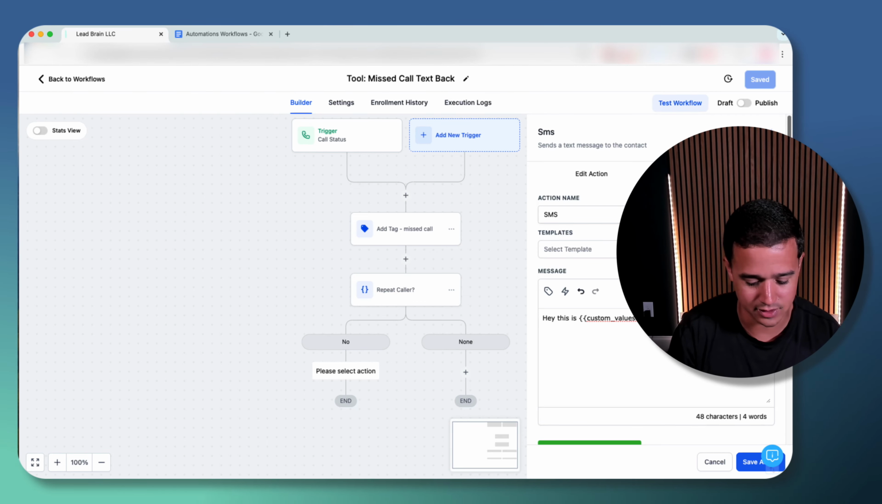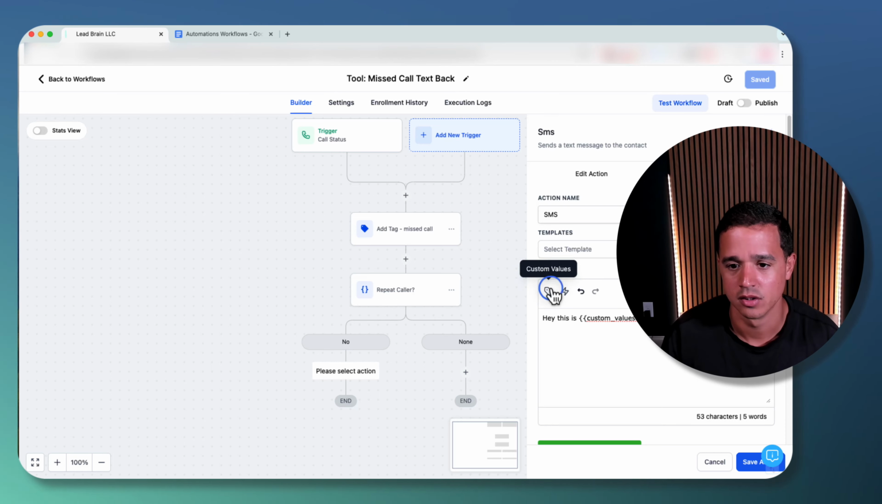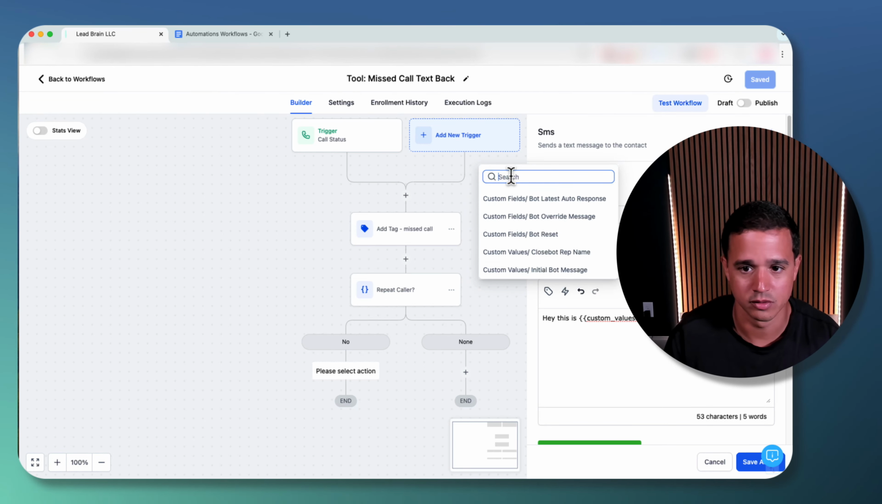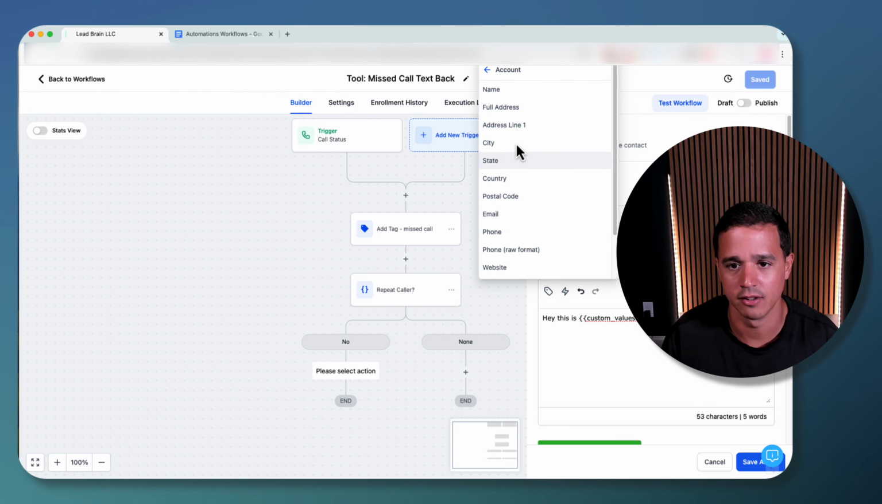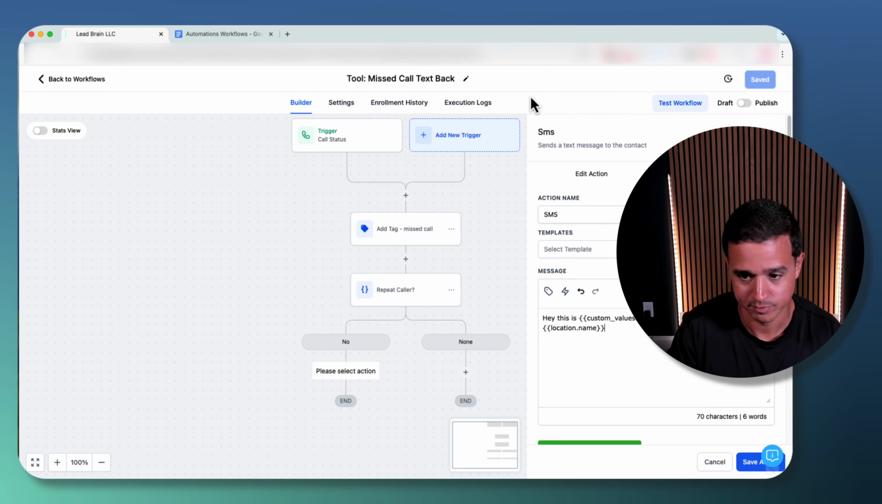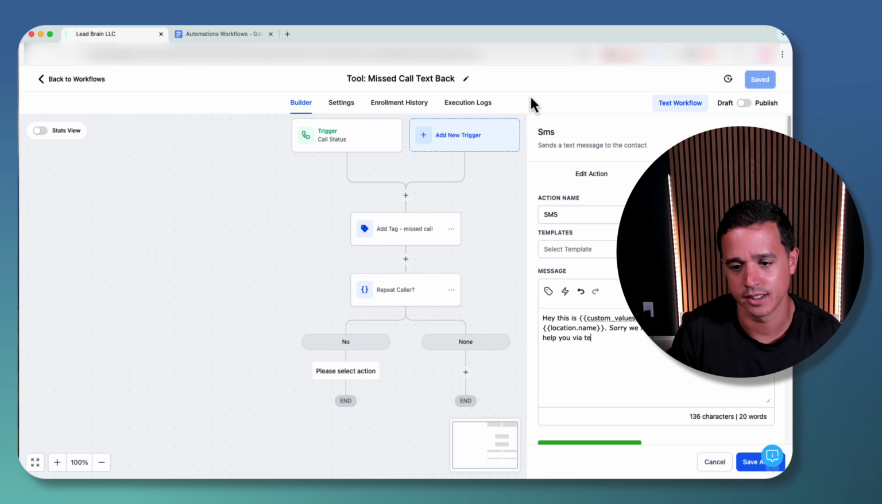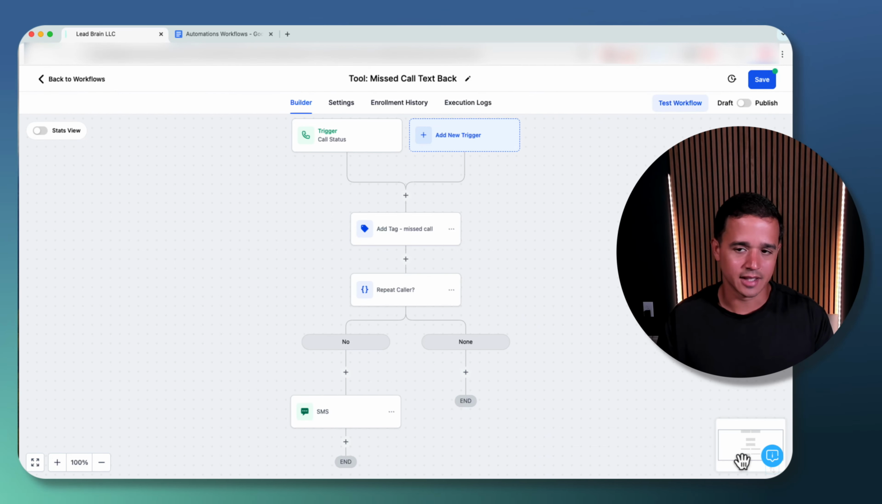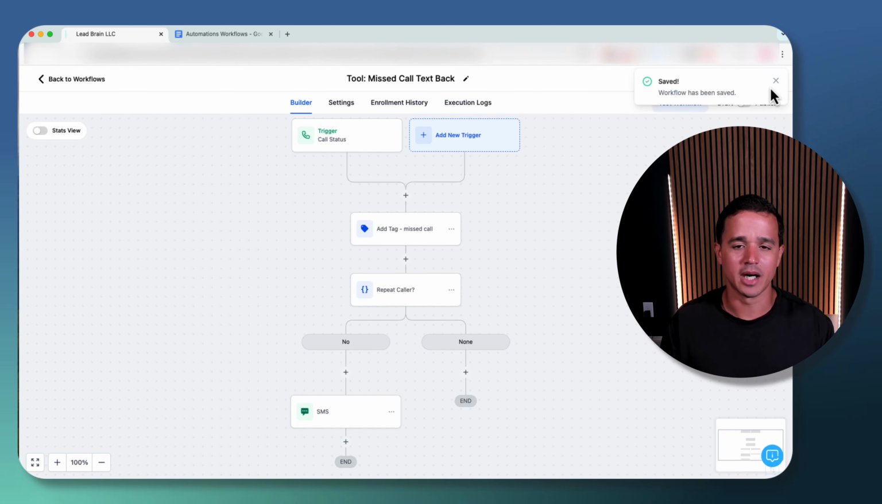So, hey, this is Alexis from location name. So let's say account name. Sorry we missed your call. Is there any way I can help you via text? And save that. Now, that text is automatically going to go out whether the bot is on or off, but